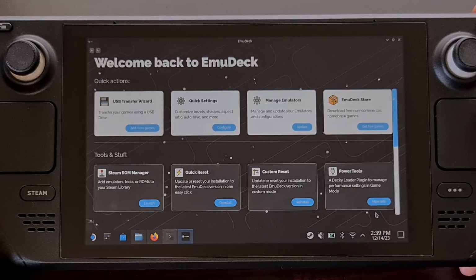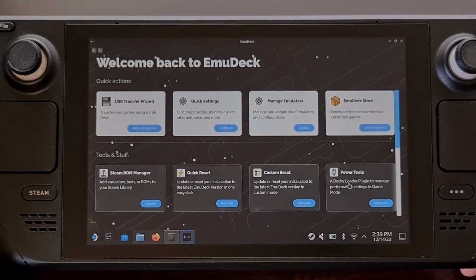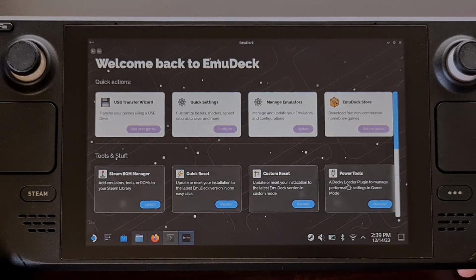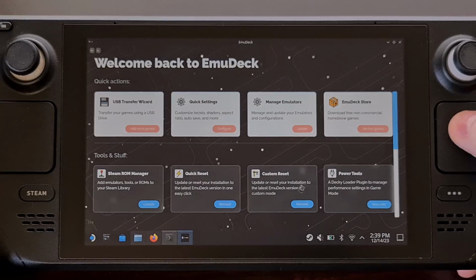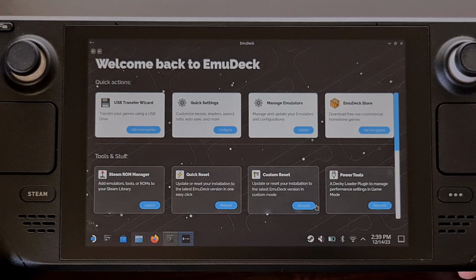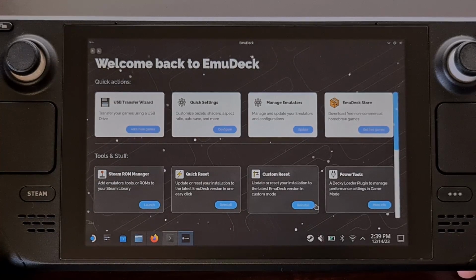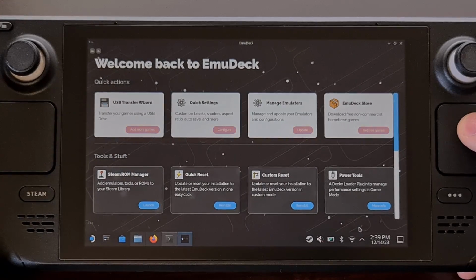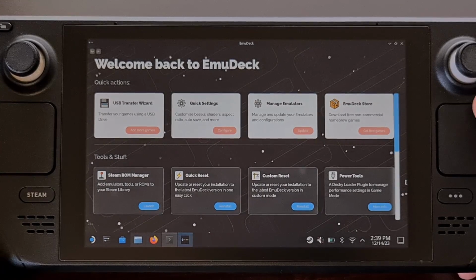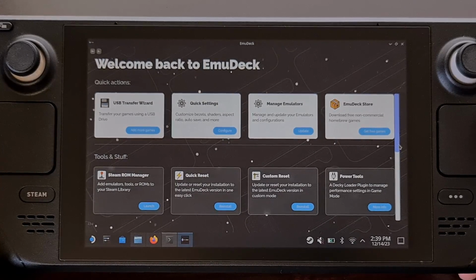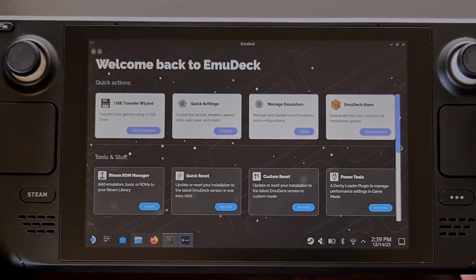Now, when you get to this screen here, you'll know that everything has been completed and EmuDeck is fully installed on your Steam Deck. This is actually the menu screen that will appear anytime you launch EmuDeck while you are in desktop mode. And it gives you quick access to things like changing those options that we chose during the setup process, and the ability to manage the emulators that you have installed, including resetting the configuration files and manually